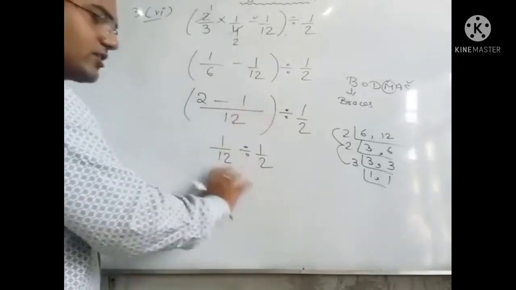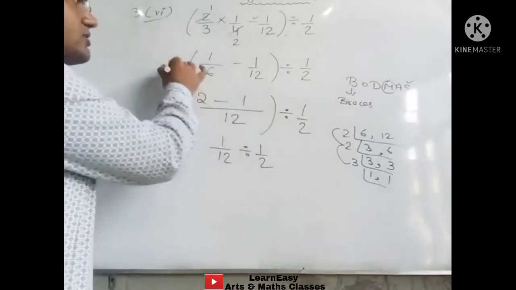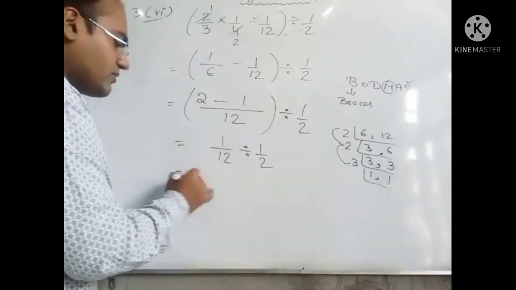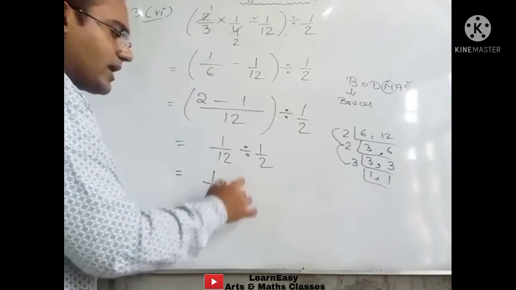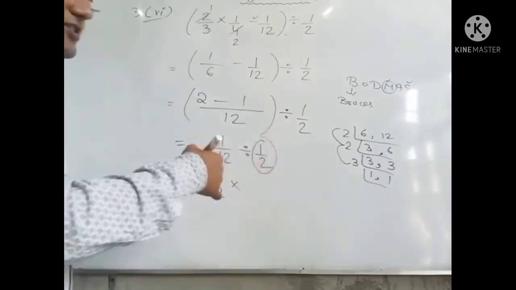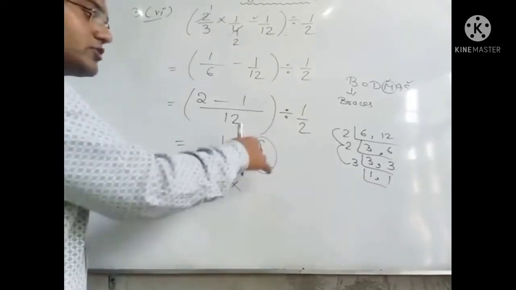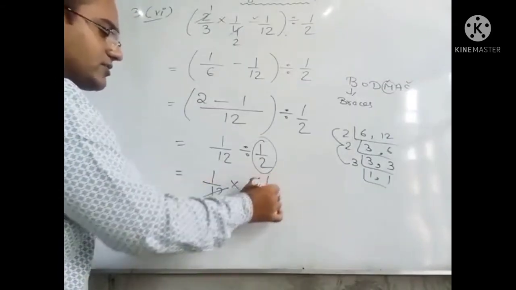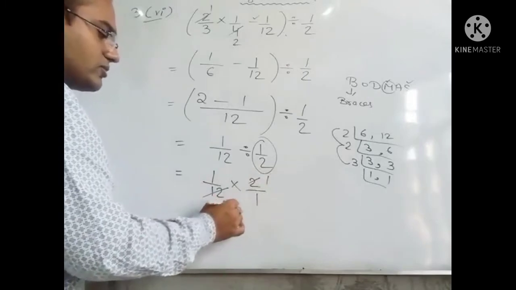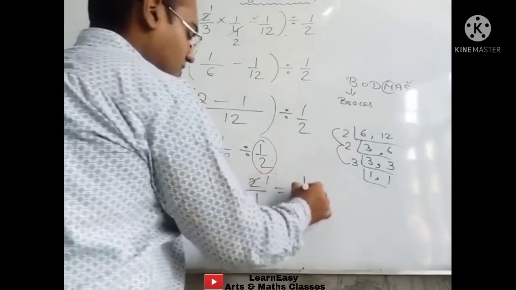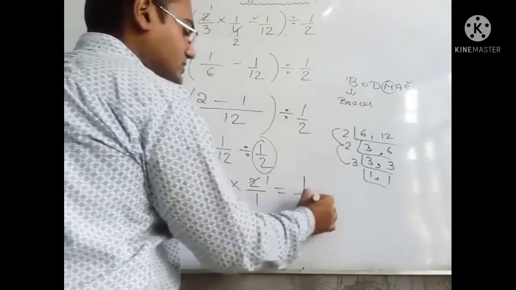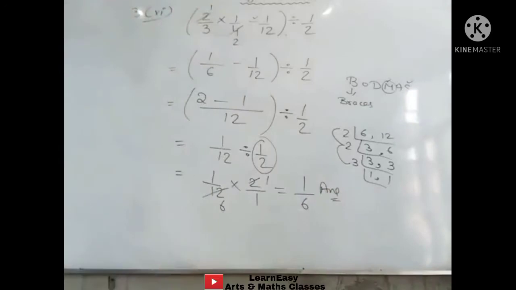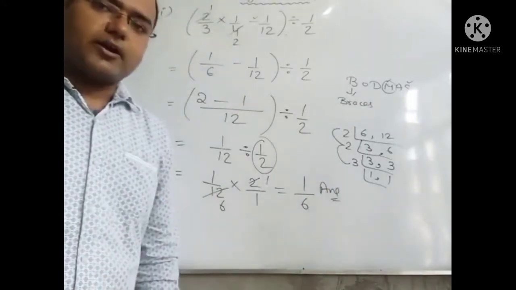Now the bracket sign is removed. Bracket we had already solved. Now the next step is this divide we will convert into multiply. So when we change this divide into multiply, the right hand side fraction will get reciprocal. So 1/2 is given, we will take here 2/1. These two will get cancelled with the table of 2. 2 ones are 2, 2 sixes are 12, 1 multiply 1 will be 1, 6 multiply 1 will be 6. So final answer is 1/6. So like this you have to do question number third, sixth part.